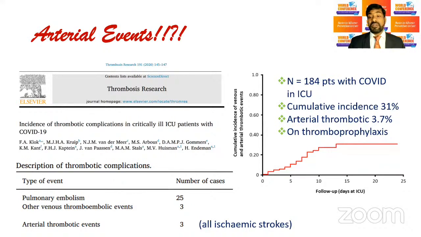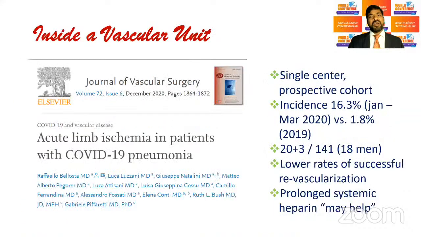Now, the interesting point here was that all of these people were on thromboprophylaxis. So this study, number one, showed that arterial thrombotic problems can happen in COVID, and number two, raised the question whether thromboprophylaxis dose was enough, or whether all of these patients should already have been on therapeutic anticoagulation. So soon following this, there were several case reports, series, prospective reports, retrospective reports, and then we started generating our